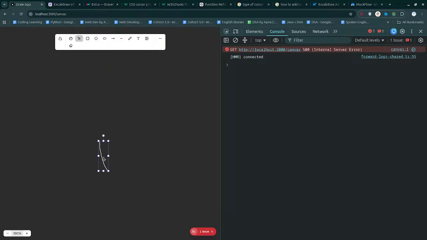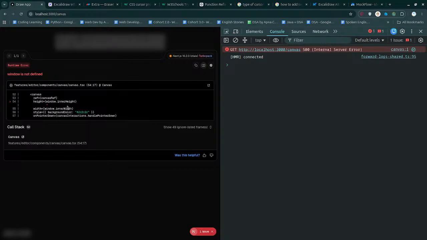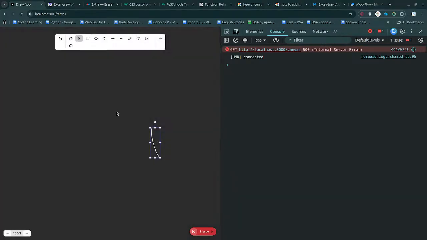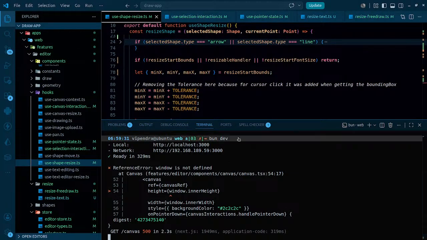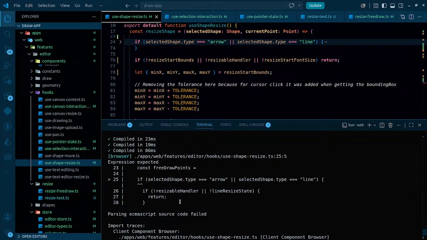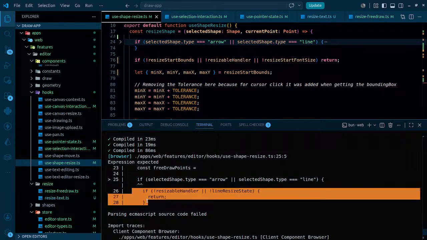We are able to move it, but we are not able to resize this for some reason. And why are we not able to resize this? Because of this. So if selected type is gonna be arrow and this, then